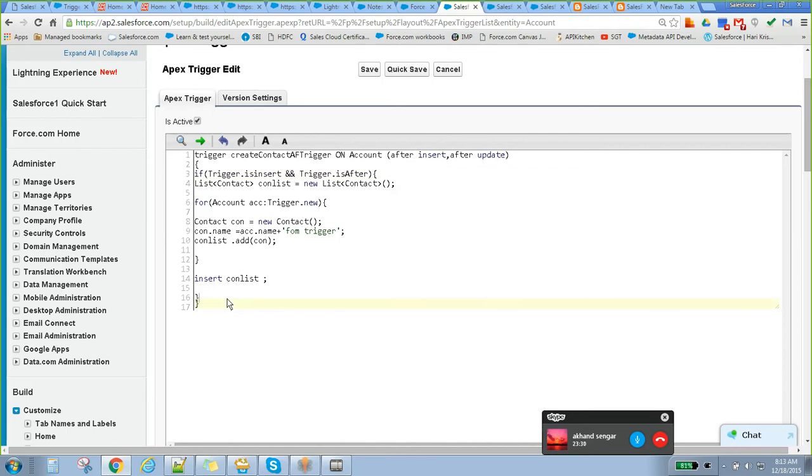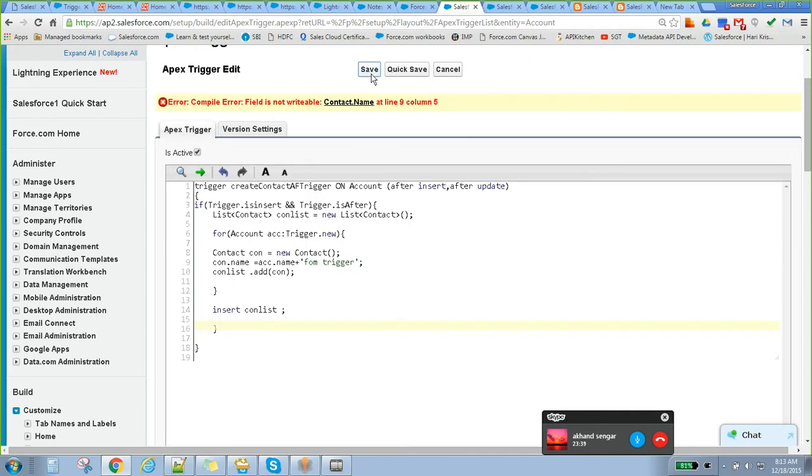Okay, so the field is not writable: Contact.Name. Why is it not writable? I don't know. Actually, I also tried it using a list for creating a lead.Name and got the same error, that the standard field Name is not writable.